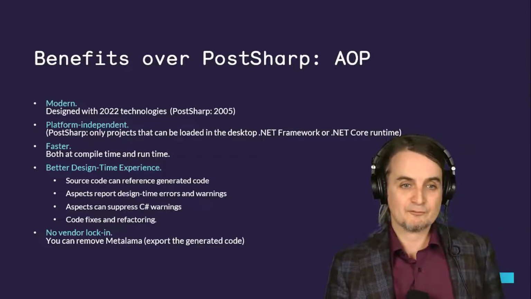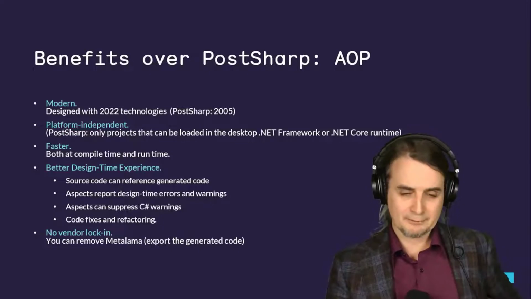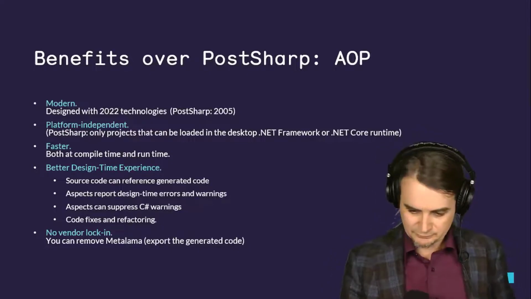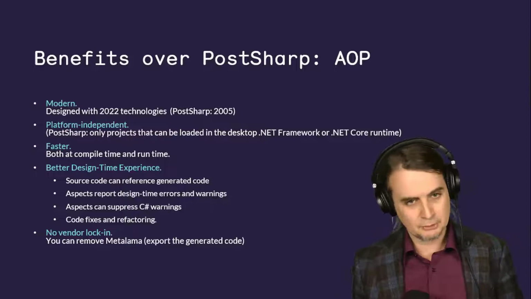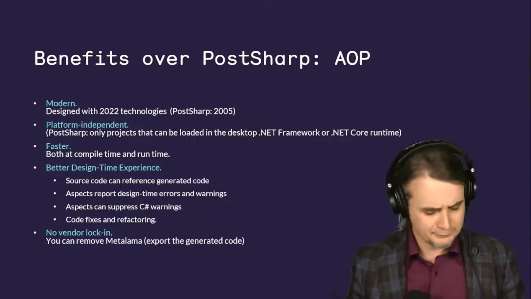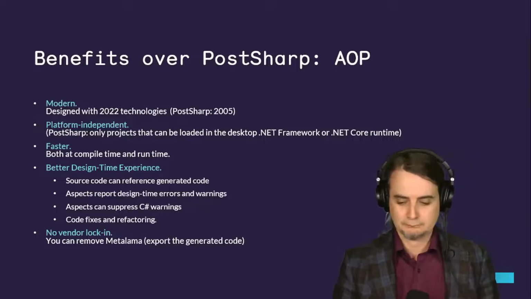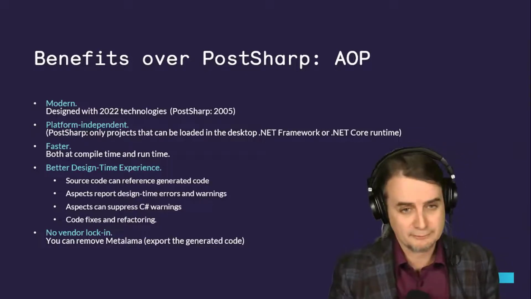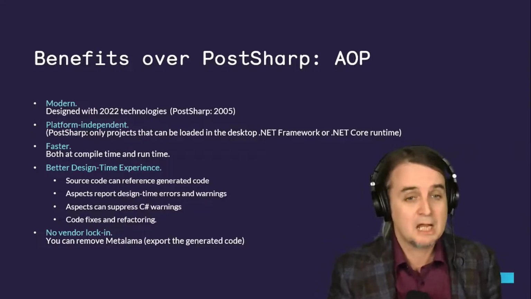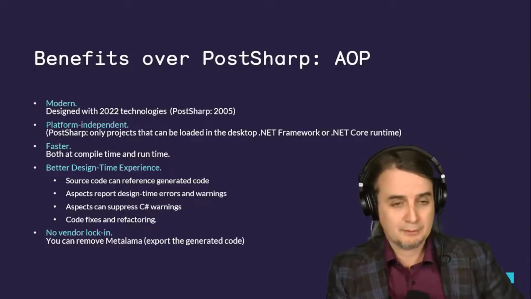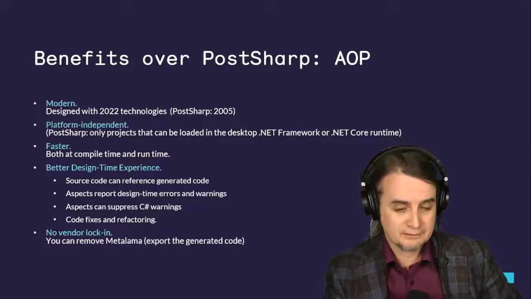Metalama will be faster than PostSharp, both at compile time and runtime. Compile time because it doesn't need to disassemble the code, like read the binary, change the binary, everything. It already uses the object model of Roslyn. It doesn't need a complete full cycle. And it will be faster at runtime because the code that you inject is exactly the thing that is